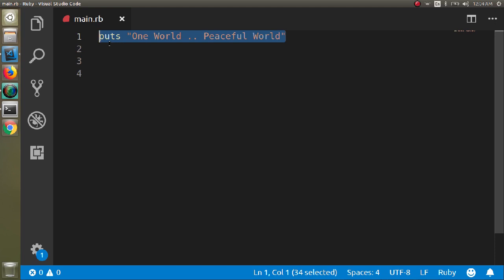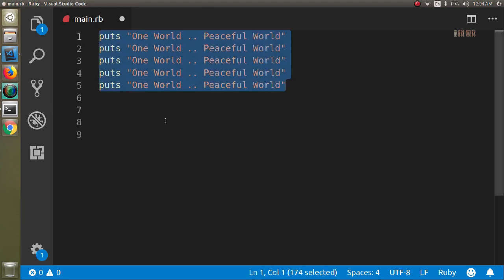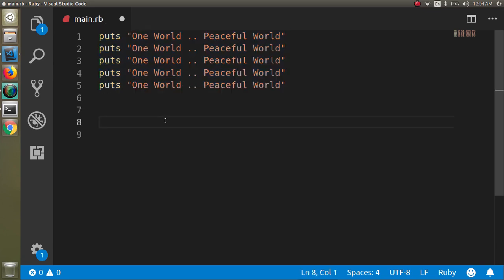So how are you going to do this? If you're new to programming and you have no idea what loops are, then you might say we will do 5 times, copy paste, 2, 3, 4, 5, and that's it. Our task is complete, and now we have this code which prints the same message 5 times. That's it. And then I give you another task, and I say to you that okay,